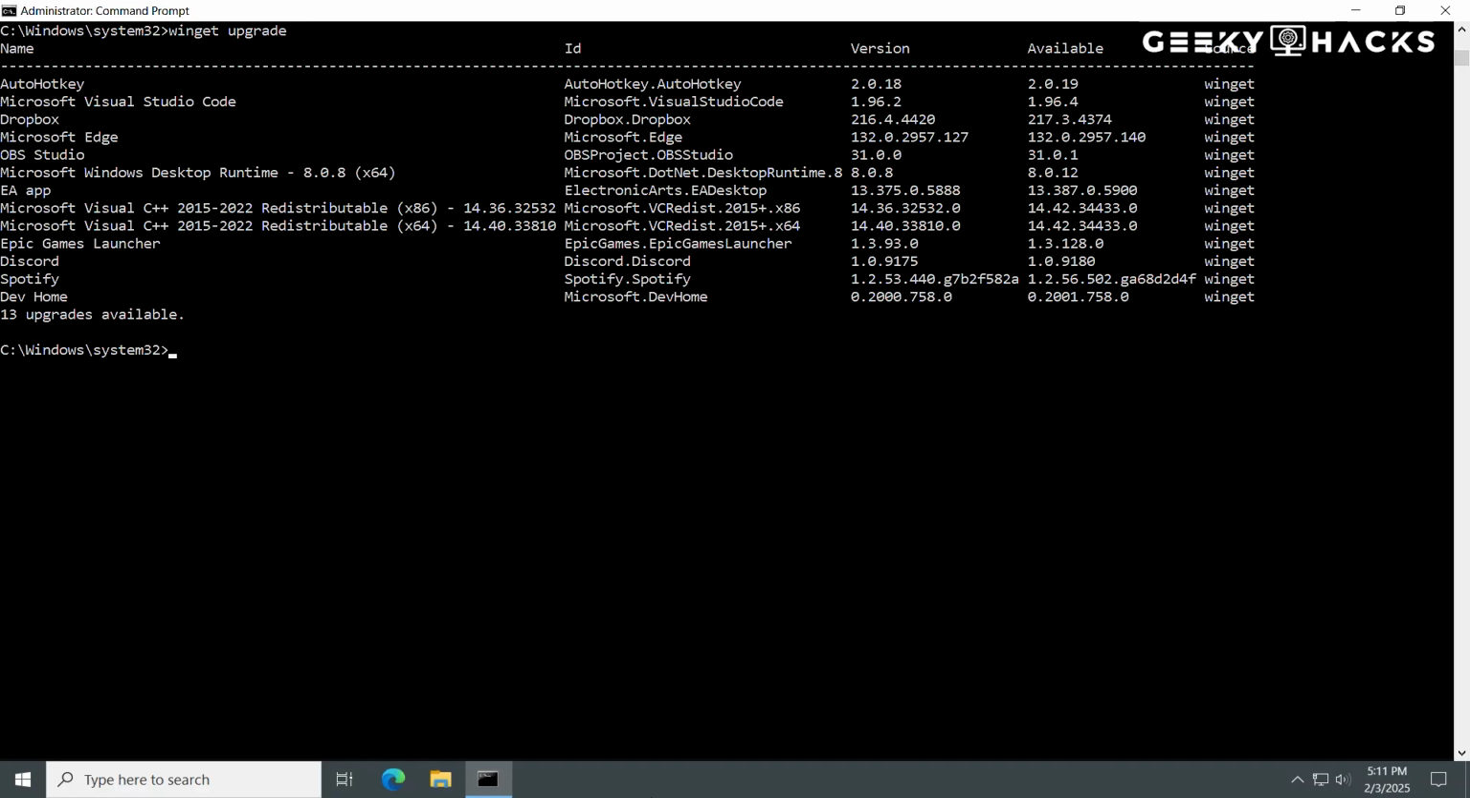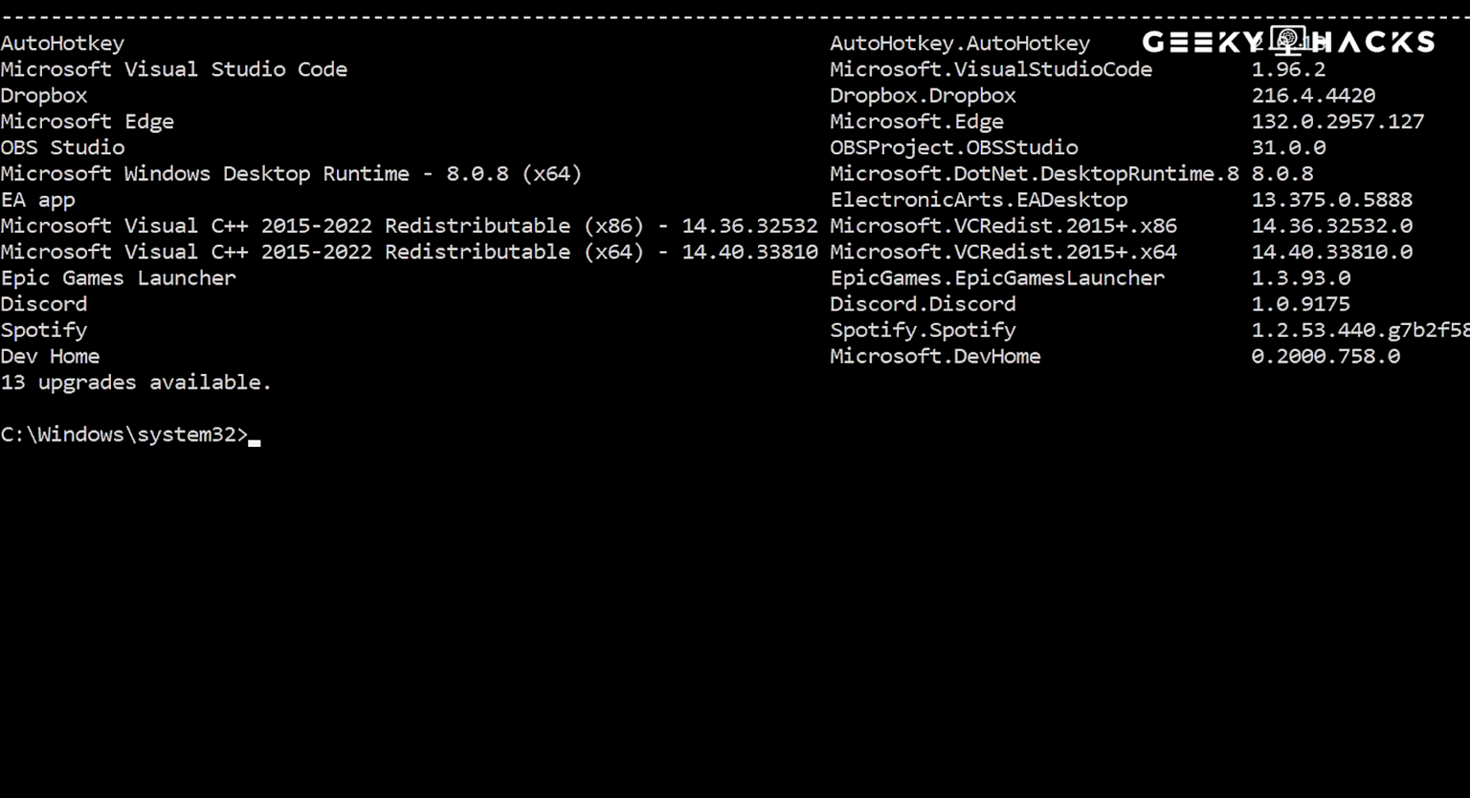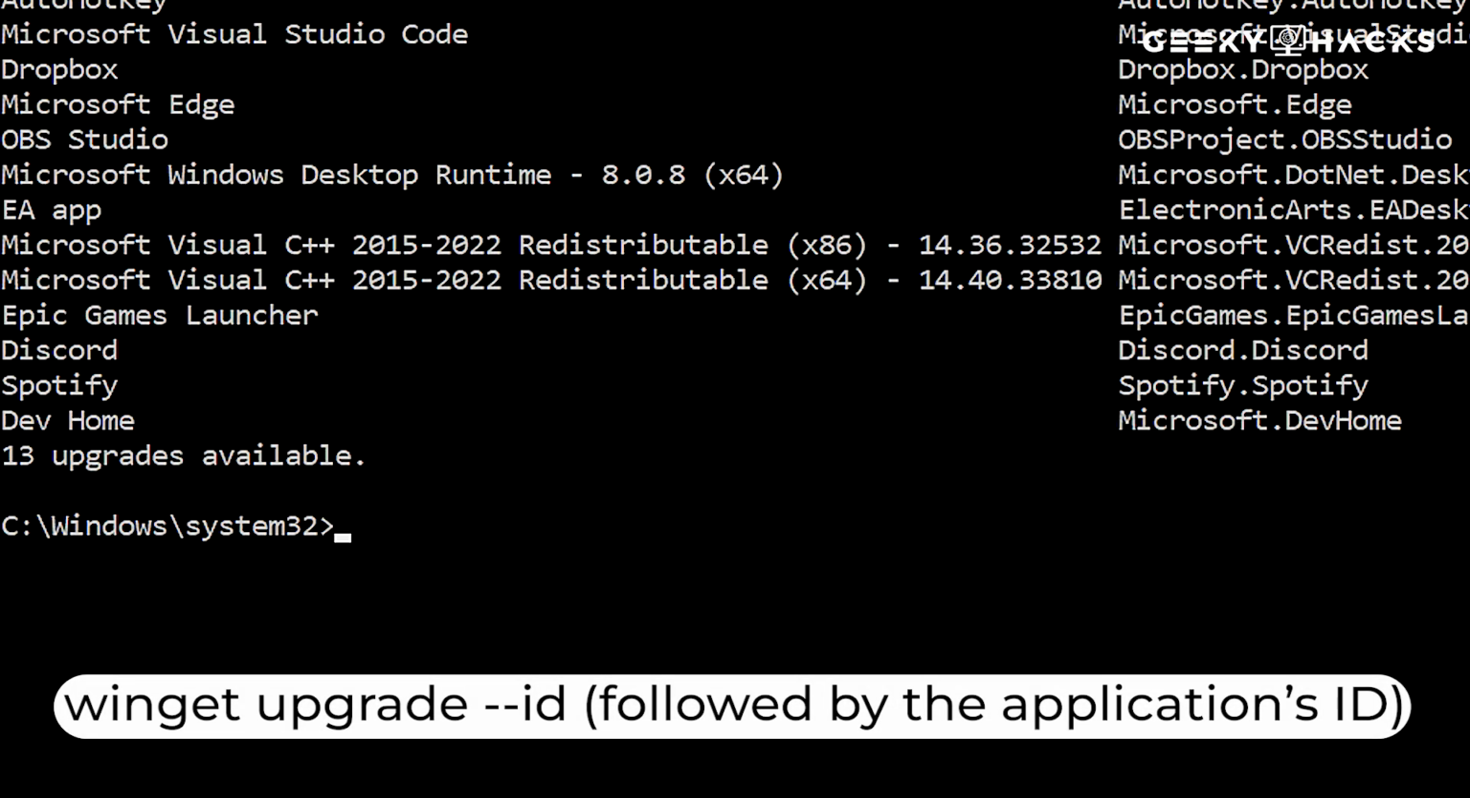Now that we've checked which applications have updates available, let's say you only want to update a specific application instead of updating everything at once. Look for the name of the application you want to update in the Name column. Here, we can see that Dropbox has an available update from version 216.4.4420 to 217.3.4374. Let's update Dropbox. Run the following command: winget